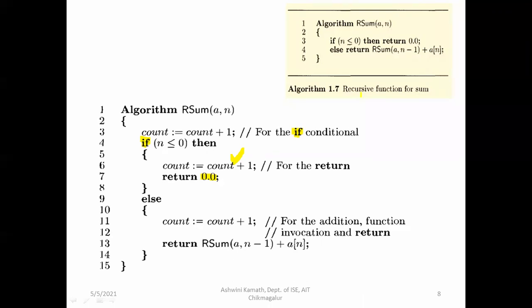So count will be incremented for this, and then only if the condition is true will it enter into the if block. In this if block, we have a return statement, return 0.0. For this also we have included one count statement, that is incremented count. And then in else also we have a return statement. For this also we are going to increment the count. Okay.